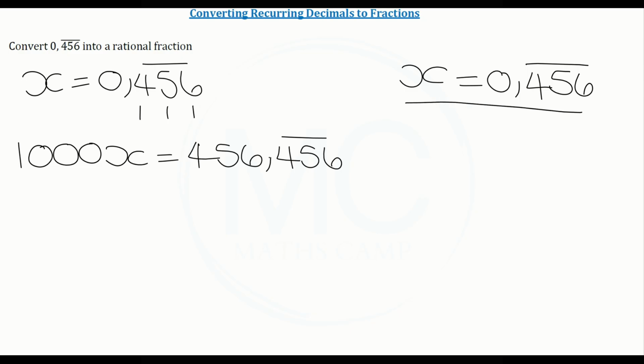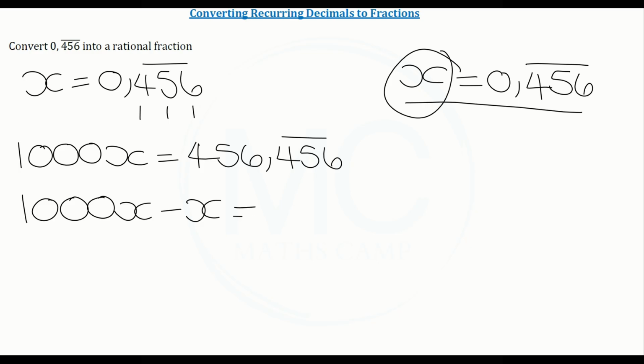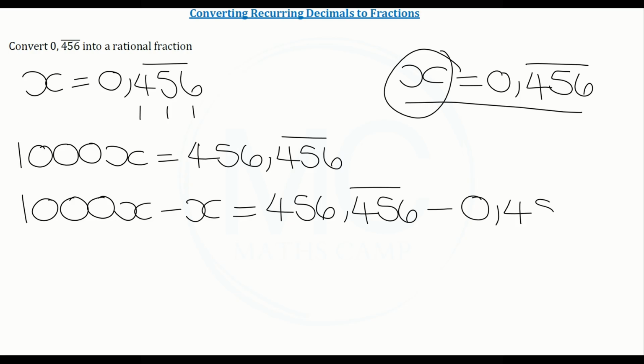Now let's subtract equation 2 from equation 1. So we say 1,000x from equation 1 minus this x value over here from equation 2, make it equal to the value from equation 1, 456.456 recurring, minus the value from equation 2, 0.456 recurring. On the left-hand side of the equation, 1,000x minus x gives us